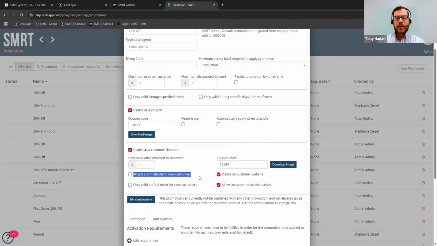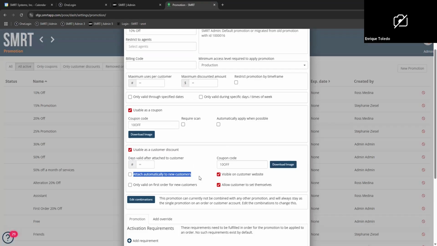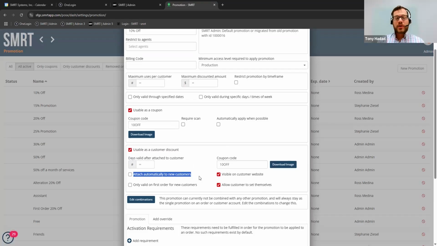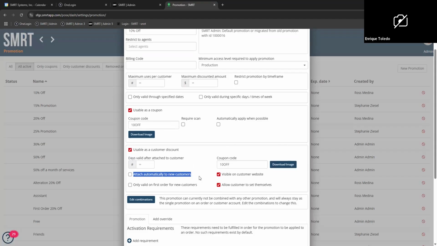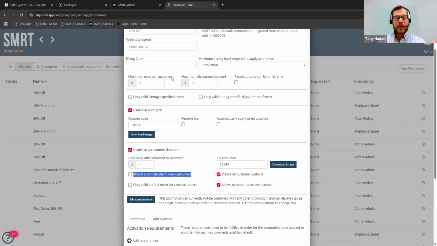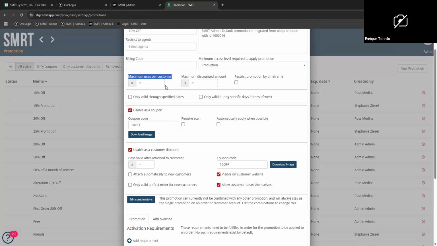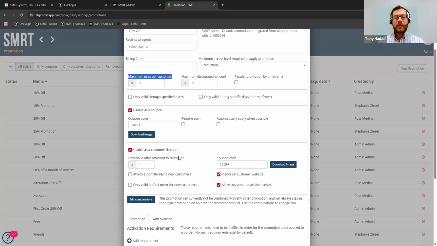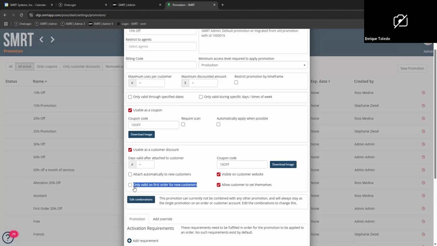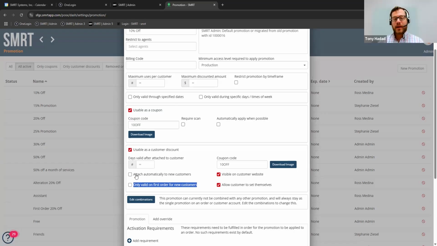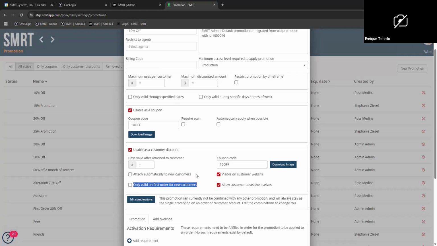Now, every promotion in Smart has an option, as highlighted here, for attach automatically to new customers. You do want to make sure it doesn't continue, so you can select the maximum uses per customer and put that to 1, or you can select only valid on first order for new customers along with attach automatically. So it attaches automatically, selects it for that first order, and then doesn't continue it.